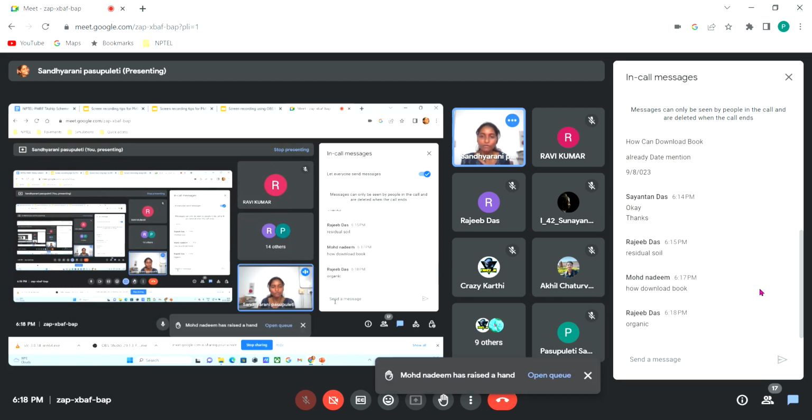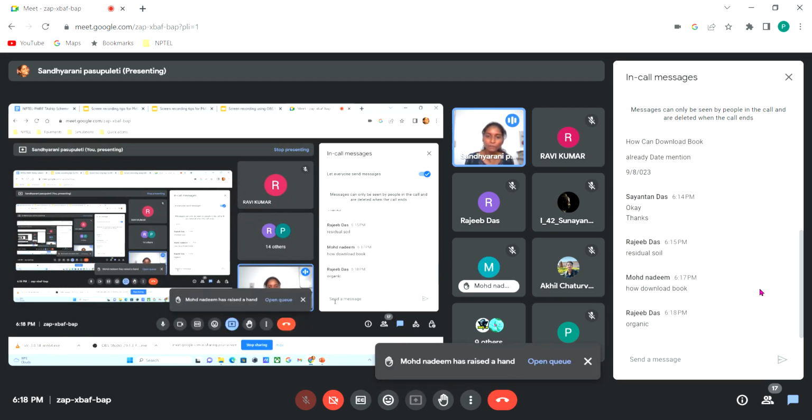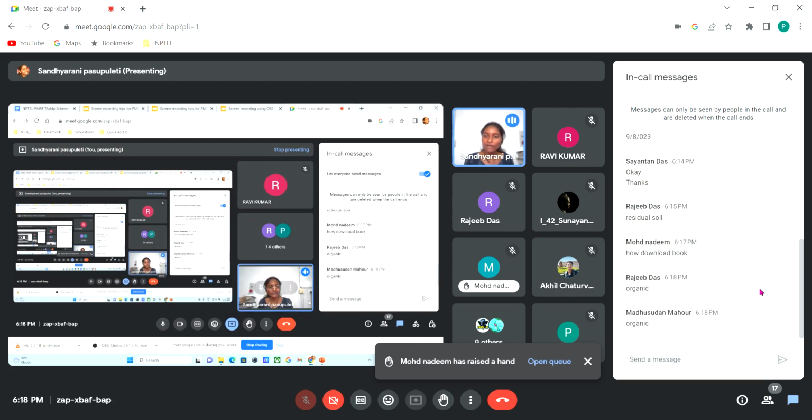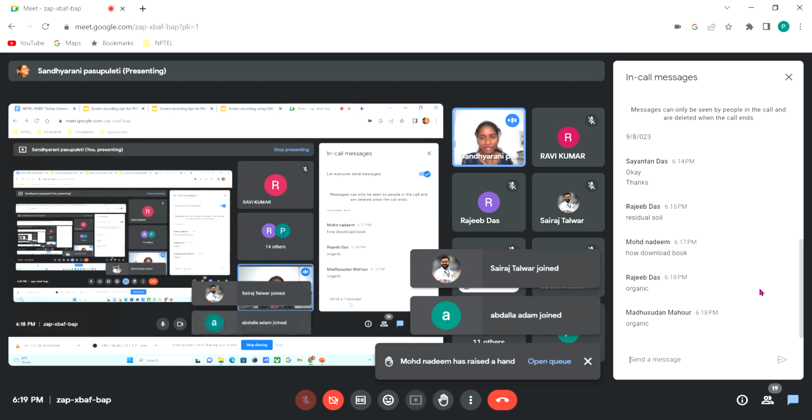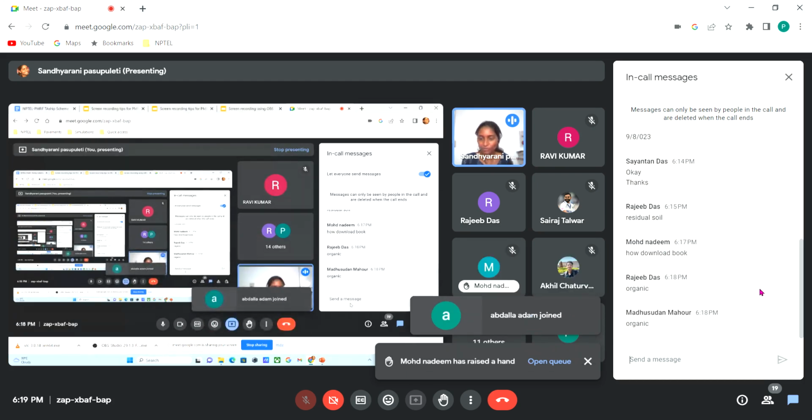Organic. So, for example, how does this organic soil usually come? When we have vegetation, let us say plants or any vegetable-related waste material, when they are deposited at one place, they become organic matter. They are decomposable. So they are the residual soils. They will not be transported from one place to another.